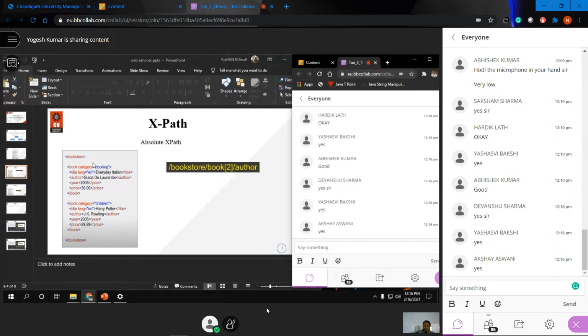In case you have some dynamic content, let's say someone sets the root element to bookstore 1, and within that we have book and author as the same tags, it will not get the content from the book, because the absolute path is checked for each and every element. First it will check whether the root element is bookstore or not, and if it finds a mismatch at the very first step, it will not work for you. It will not extract data from this XML file.